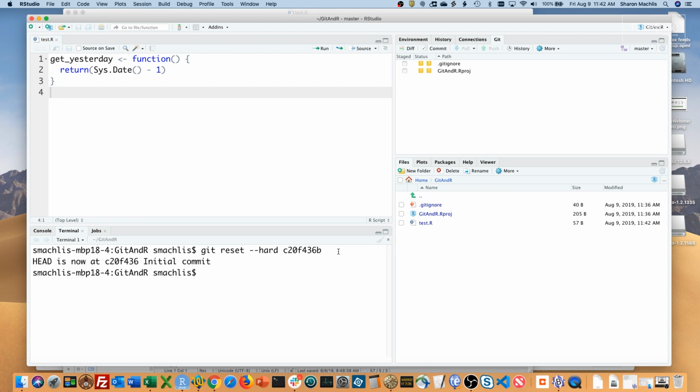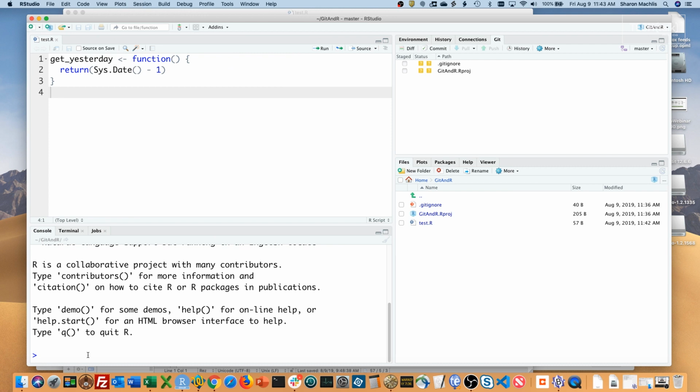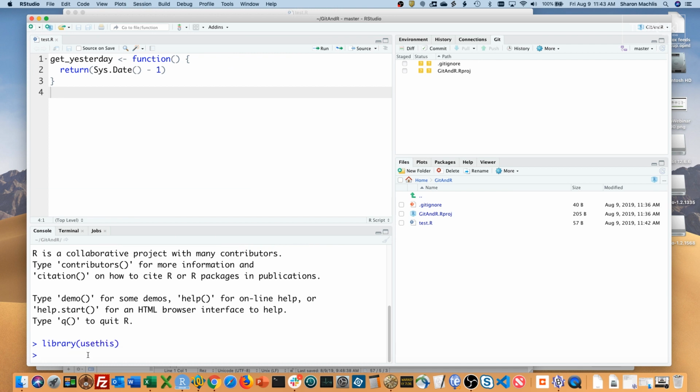Now let's say I'd like to create a GitHub repository for this committed version of my project file so I can sync back and forth between my local system and the cloud, all with version control. This is especially useful if I'm collaborating with one or more other people, but it's also useful as a cloud backup. I can do this right in R with the usethis package. So let me get back to my R console, load usethis, and then look at the help file for the use_github function.